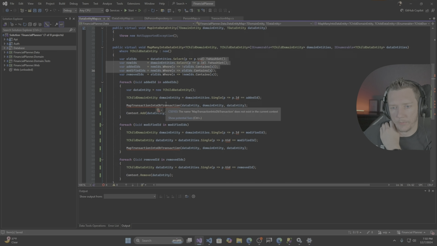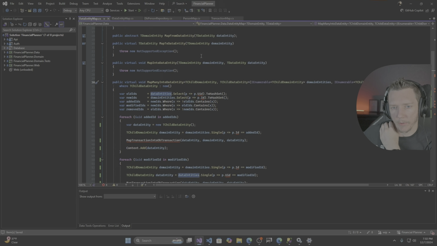That would depend on a whole other mapper to do it. This into this. We need a mapper parameter